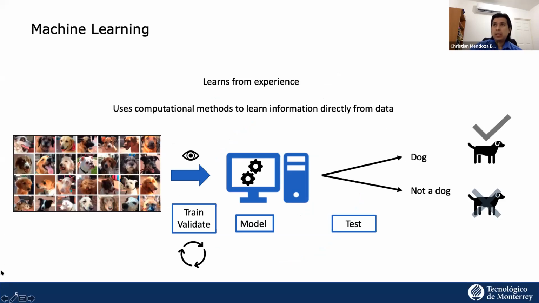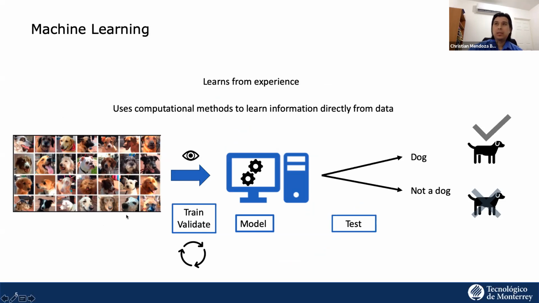So let me describe a little bit more about machine learning and how we do it. Let's continue with the example of the dog. Let's say that I want to train a computer to recognize dogs from images. What I need to do is get a collection of these pictures. And by the way, I need many of those images, in the thousands or tens of thousands or more, just to start to train a computer to recognize the images.